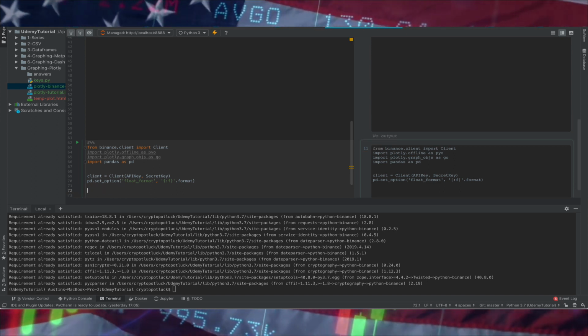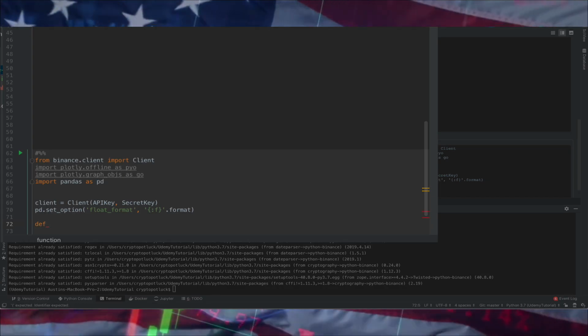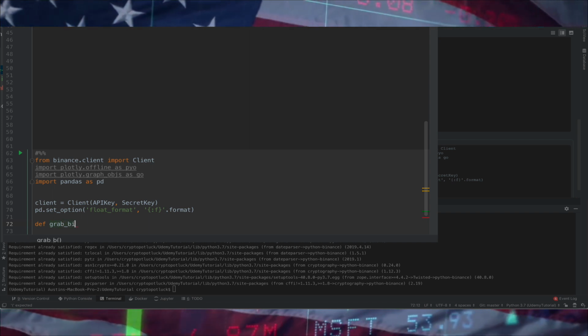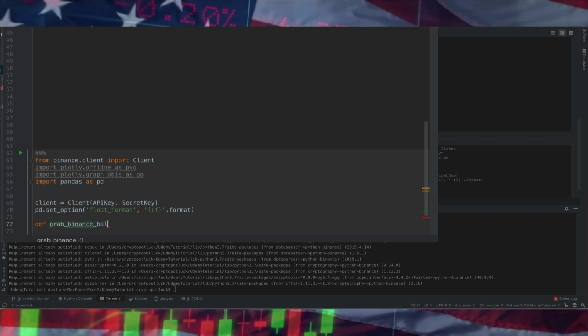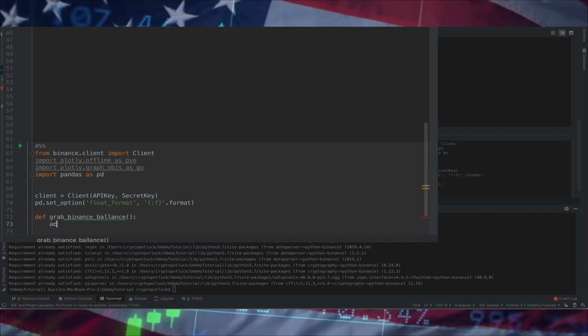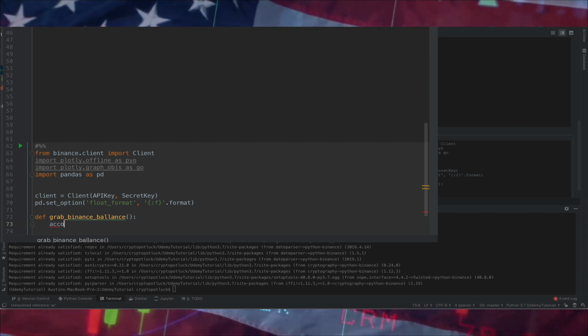So like I said, we're going to break this down into different functions. So the first function that we're going to do is just going to be grabbing our Binance data. So we'll call this grab_binance_balance, okay? That's what we're going to name this function. And the first thing that we need to do is we've got to pull out the account. So we'll do account equals